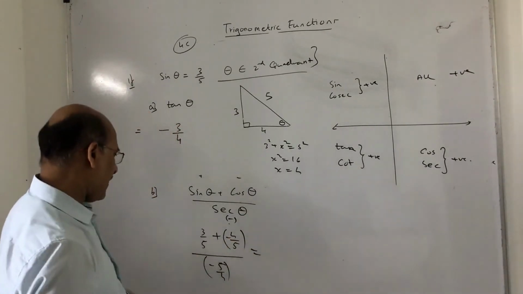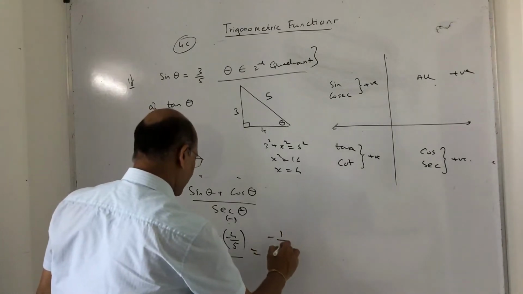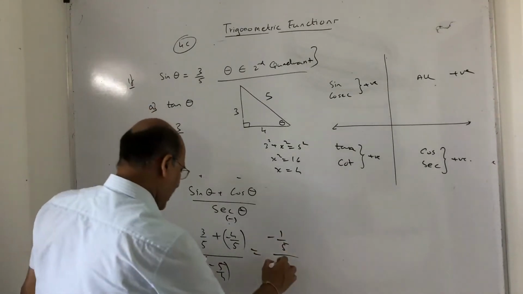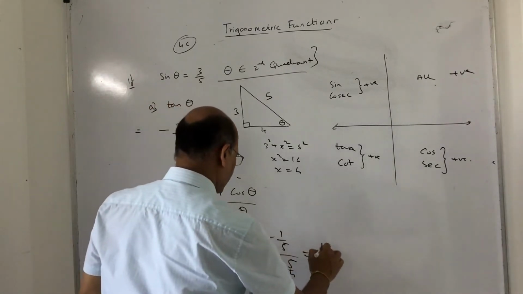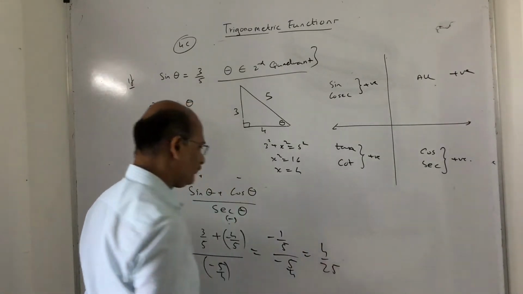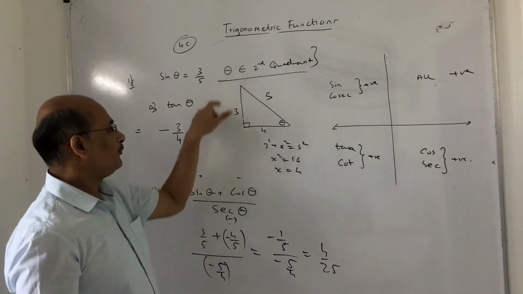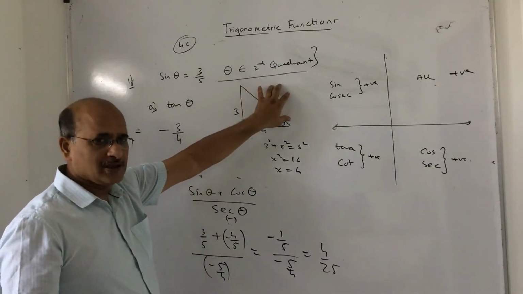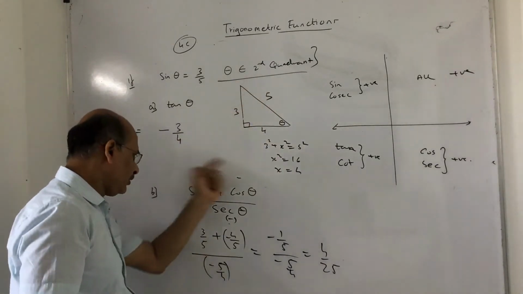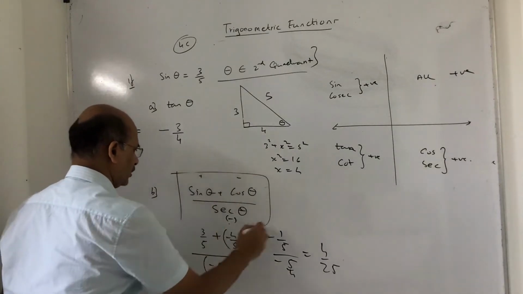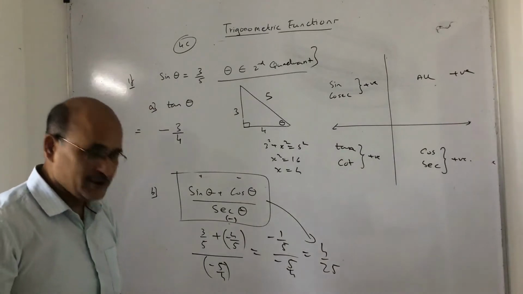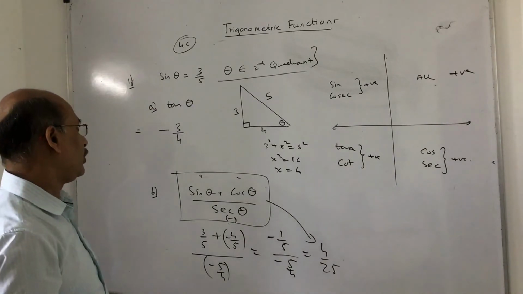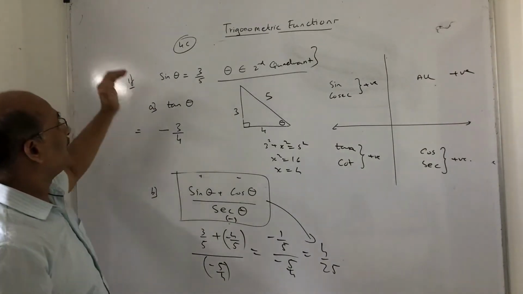That's it. So what happens here, this is nothing but minus 1 upon 5, the denominator remains the same, and this is nothing but minus 5 upon 4, take it up, it becomes 4 upon 25. Don't try to find 4 and 25 in this figure, we are not concerned about that. What we are concerned with is the full expression, and this full expression value is nothing but 4 upon 25. So let me just recapitulate for you all. What I said, this is called conditional sums.